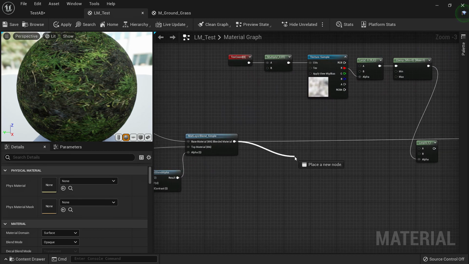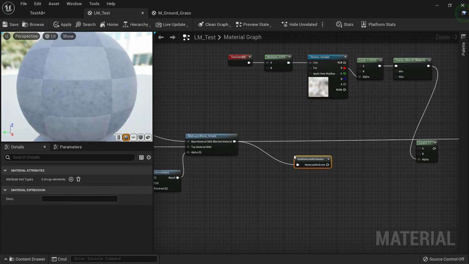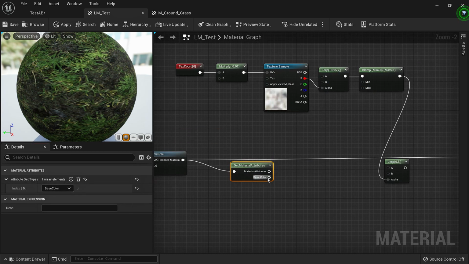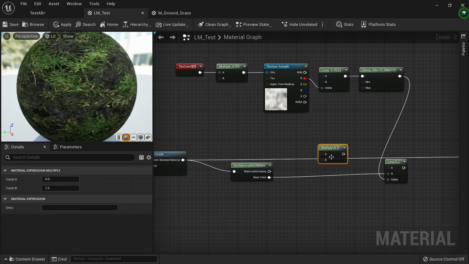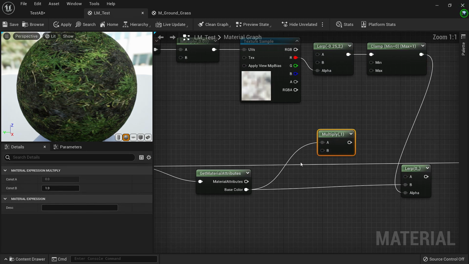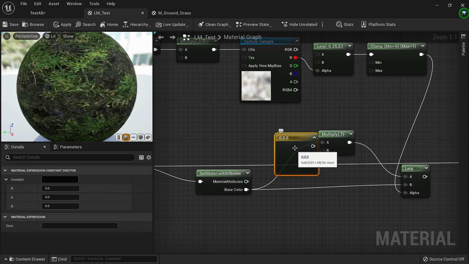So for that, from here we would connect a get material attribute and click plus and choose base color here, and we can use the base color as the B output, and for the A we would multiply that base color. Now we are using a vector 3, so if you press 3 on your keyboard and left click, it will put a vector 3 for you.